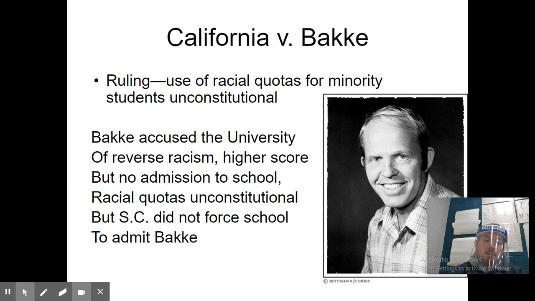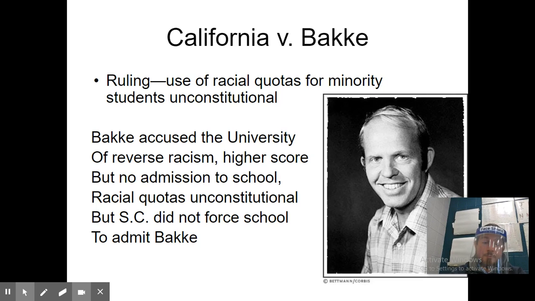warrant. California versus Bakke. This is an interesting one. It was a ruling of racial quotas for minority students. It ruled that quotas for minority students is unconstitutional. Gosh. So Bakke is this guy who